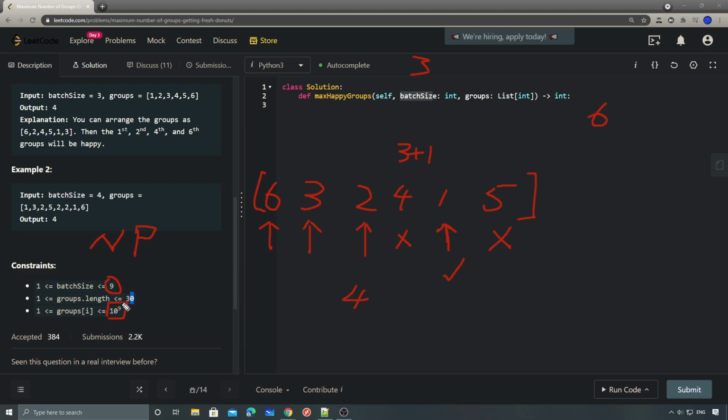This is kind of obvious, right? That's the first one. And the second one, I believe we have already talked about. Basically, the second observation is that if there's any group of people that can be divided by the batch size, then we can simply serve those groups at the beginning because we know those will be the happy groups, right? Which in this case is 6 and 3, right? And then the last observation is that after